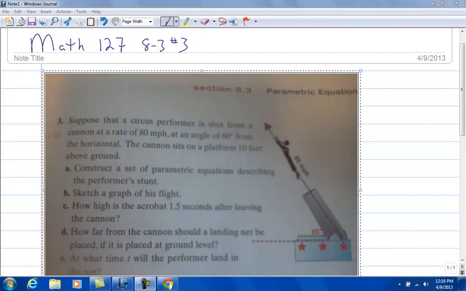Hi, I was asked this question. It's a really good question. 8.3, number 3, from Math 127. So it says, suppose that a circus performer is shot from a cannon at a rate of